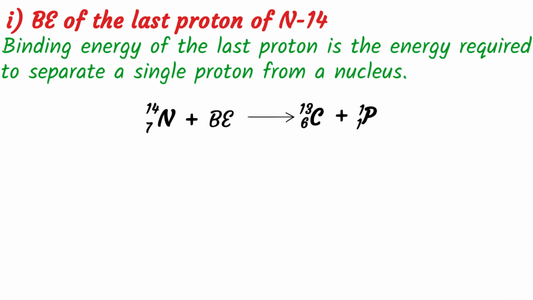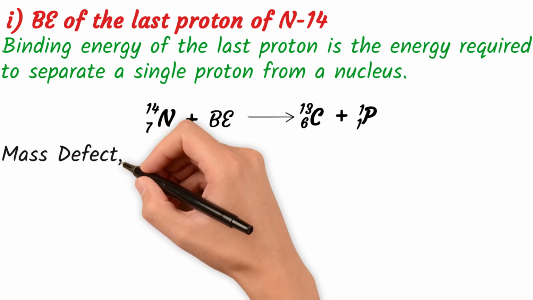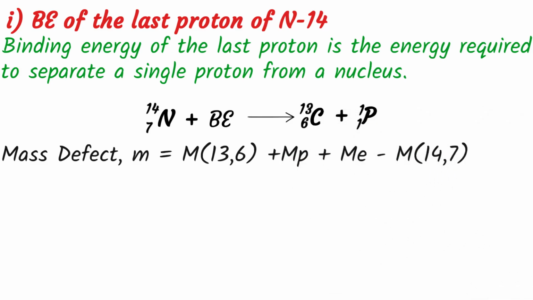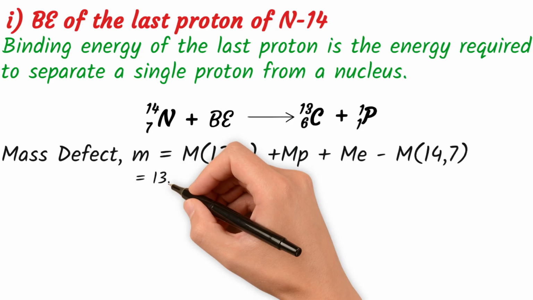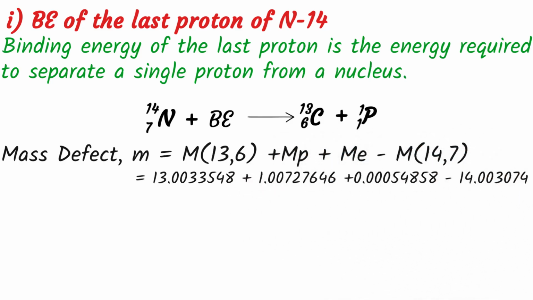So it is clear that the mass of nitrogen-14 is less than the masses of carbon-13 and the proton. To get the mass defect, we will subtract the mass of nitrogen-14 from the sum of the masses of carbon-13 and the proton, while also making sure to account for the mass of the extra electron in nitrogen-14, since we are given the masses of the atoms, not the masses of the nuclei. You can clearly see that nitrogen-14 has one extra electron compared to carbon-13. And if we do that, we're going to have